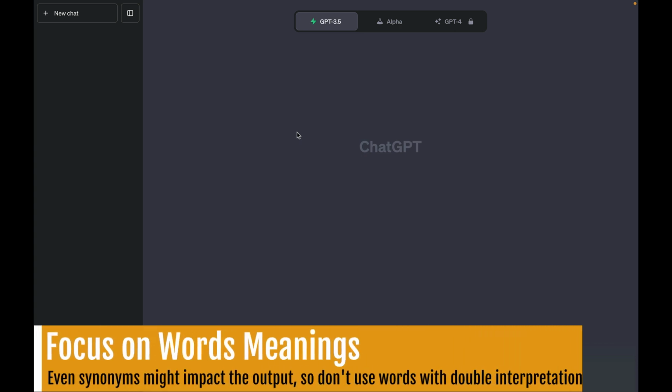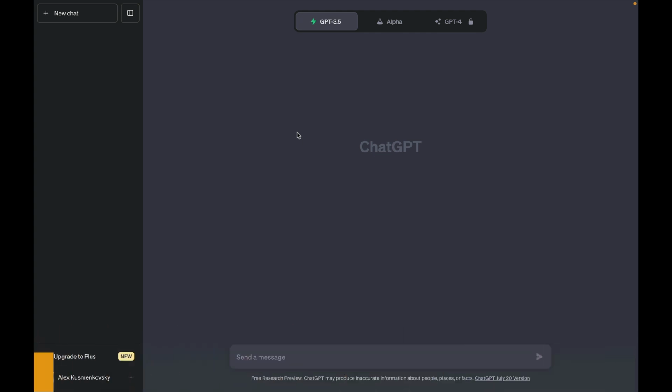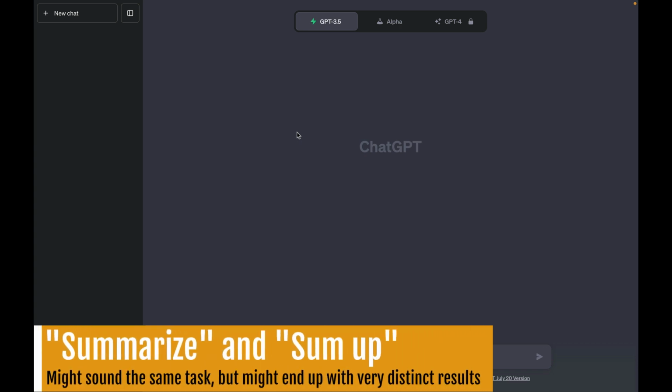For instance, summarize will give a brief statement of the main points of something, which can give a different result from, for instance, sum up, which will try to express a concise idea of the nature or character of that something. Both examples might be used to try to get a shortened version of a text, but with very